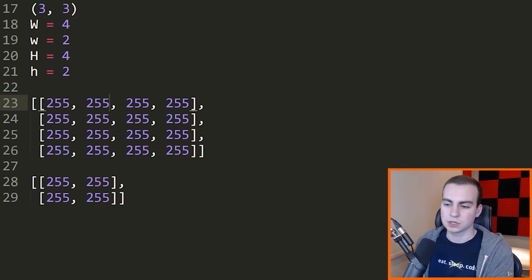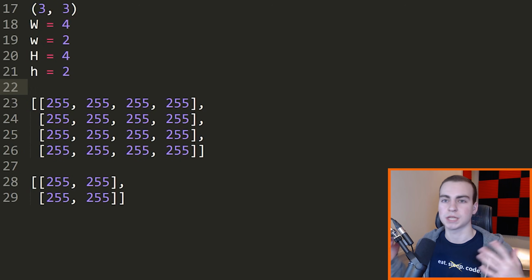What's going to happen is we're going to take this template image and overlay it on top of these 4 pixels here, and we're pretty much going to say, all right, how much of a match is there? How matching are these 2 images? Now, in this case, this is an identical match, right? All 4 of these pixels match. So what that tells us is, hey, this was a perfect match. So we mark that now in an output array.